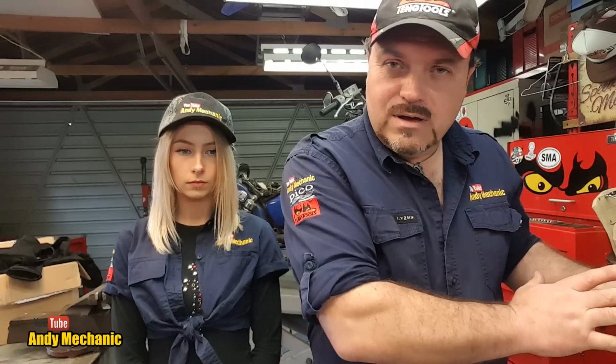Because my toolboxes, first of all, this isn't a regular garage. We don't have cars coming in and out every single day. This isn't my day job. I have a job in the city, and I end up flying all over New Zealand looking after other workshops and trying to help them to be more profitable, more productive, and just do a better job basically. And I also help them with diagnostics on certain vehicles. So my workshop tends to just get left during the week,